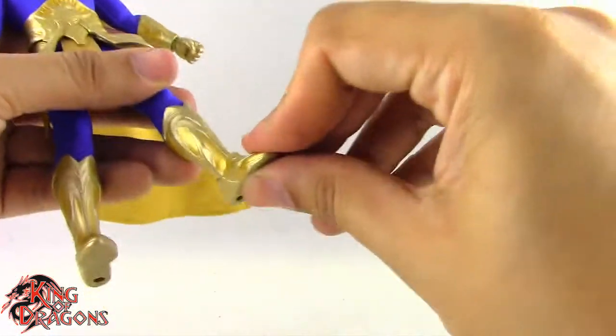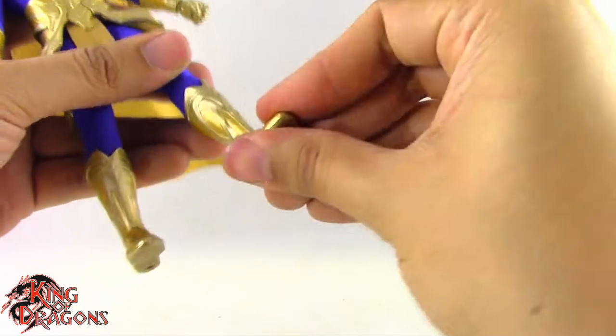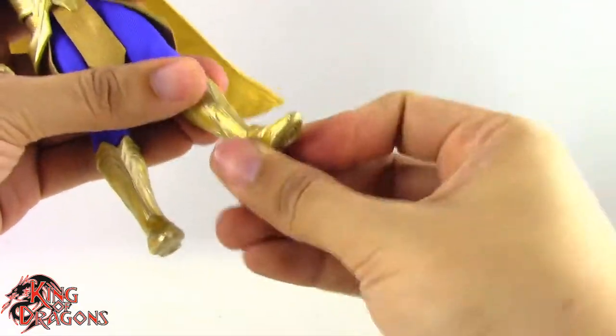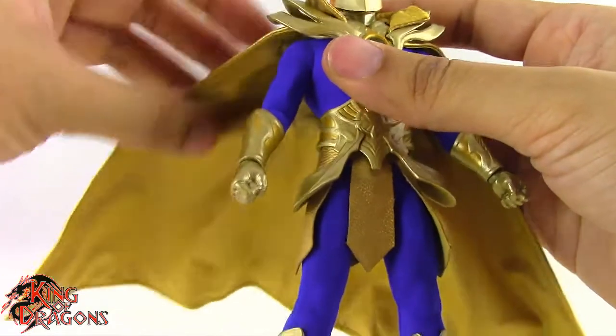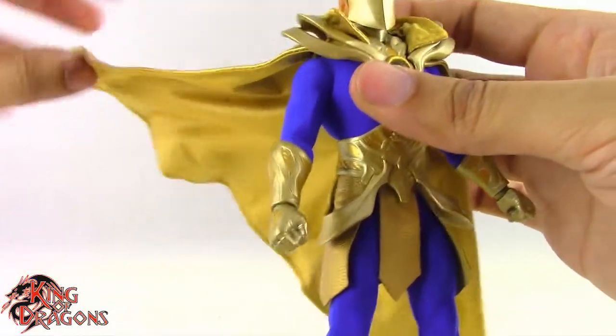He has a ball joint in the foot which does go up and down, does pivot left and right, and then we have some slight rotation. And then one final thing, like I said, he does have a wireframe all throughout his cape, so you can